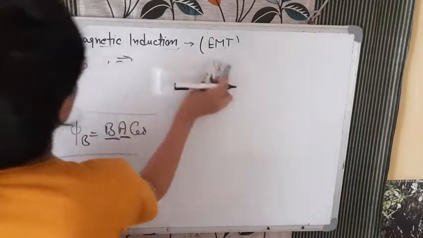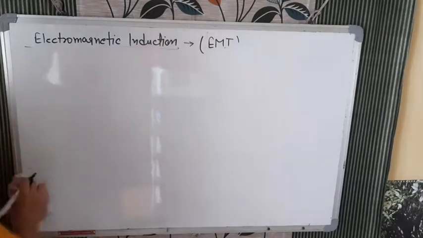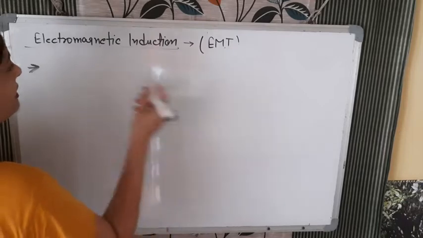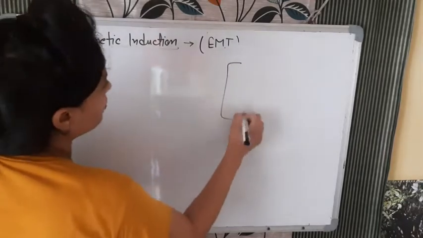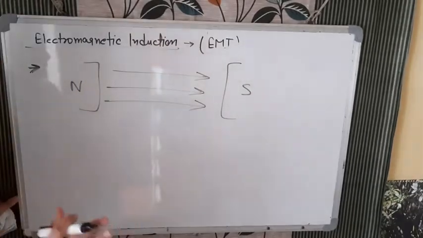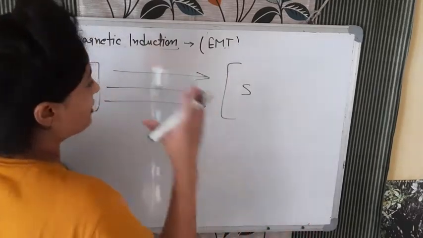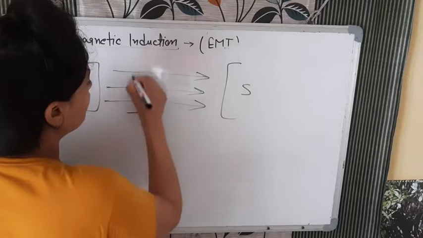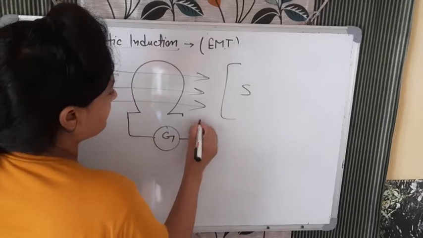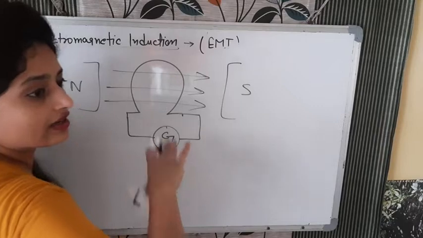See. Now, what did Faraday observe from his experiment? See, Faraday observed clearly that when there is magnetic field, for example, this side it is North Pole, this side it is South Pole, and we know that magnetic field lines are going like this, magnetic field is there. So when we put any conducting coil, or we can say conducting wire between that, what did he observe? It's connected with the galvanometer. It's not connected with the battery because we are inducing current here. Current पहले से नहीं है, current हमें induce करना है.